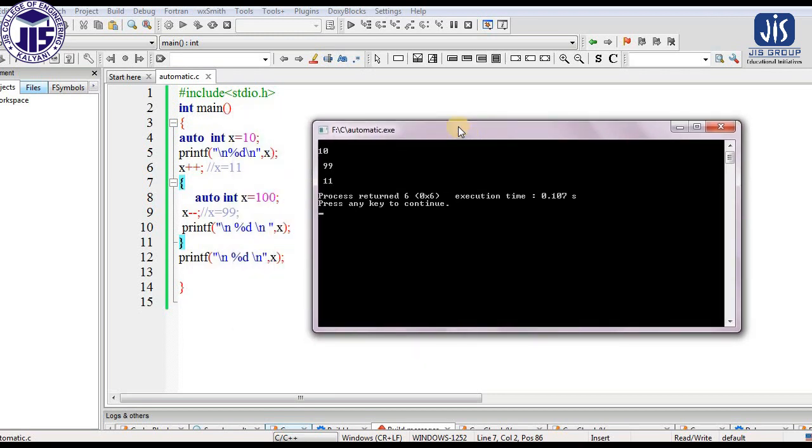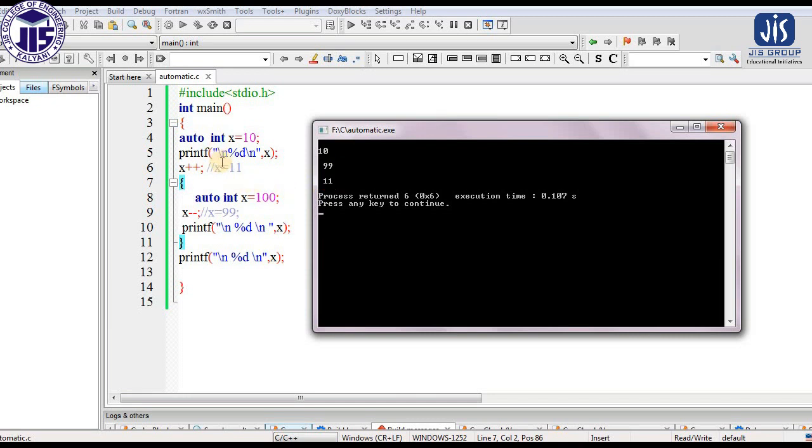Now if I explain this output, here the value of x is 10. That's right. Now due to this printf statement at 10, the printf statement that we are writing here, we are getting 99. That means it is printing the value of this x variable. Now after getting out of this scope, whenever we are printing the value of x, what we are getting is 11. That means it is representing the previous x.